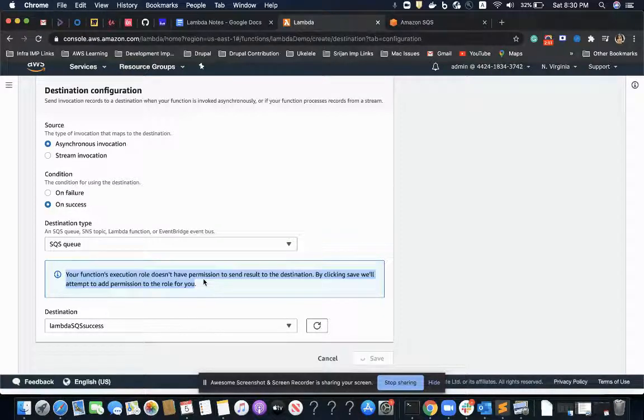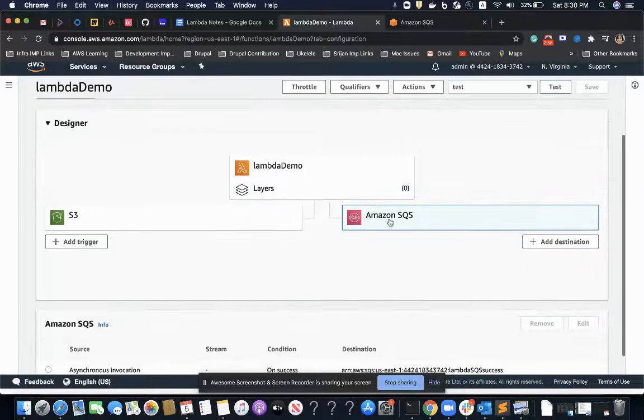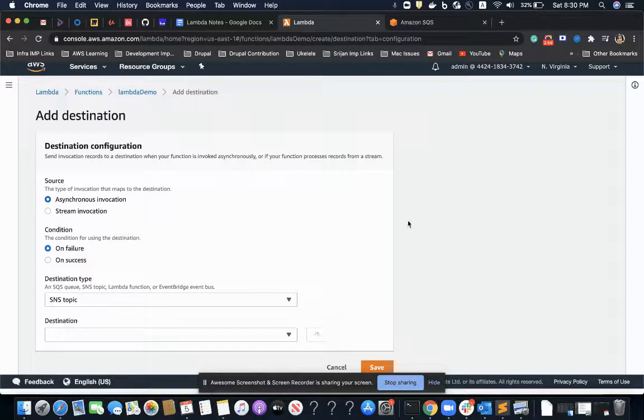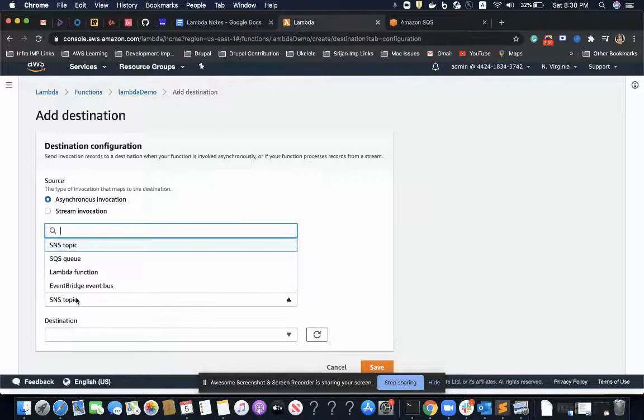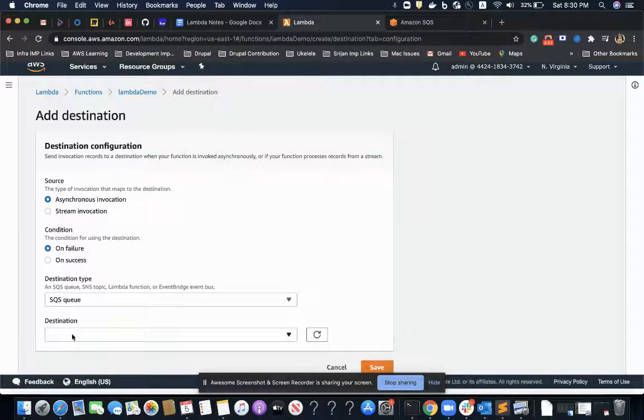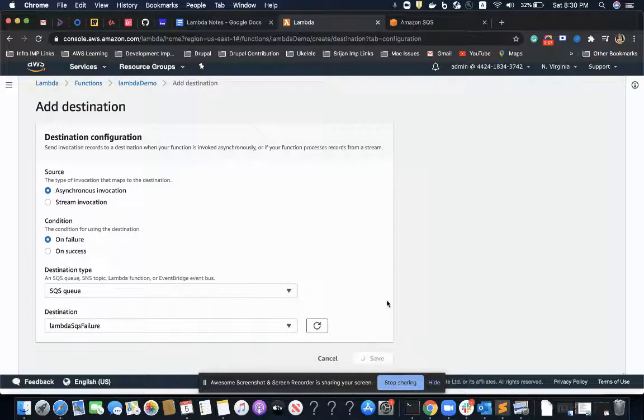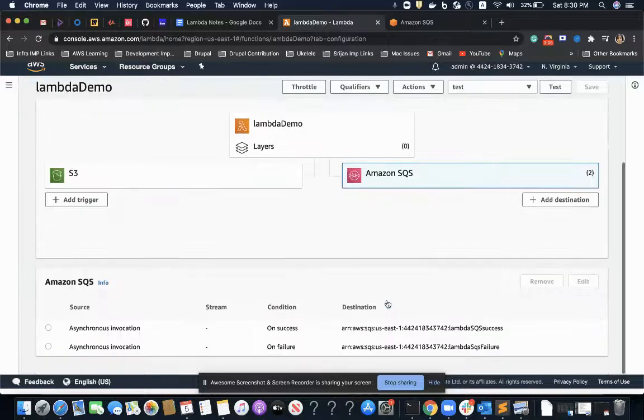So that would save actually a lot of time of ours. So done. On success condition, I have added a destination. Now I'll go to the failure one, and I'll choose the SQS queue, and I'll choose this failure queue we have just created, and done.